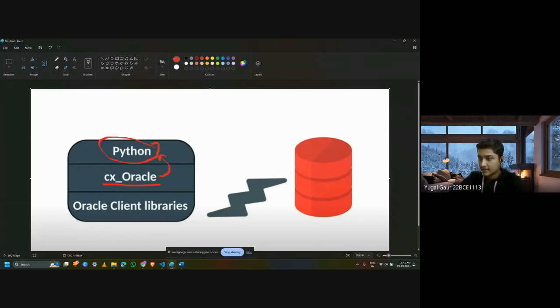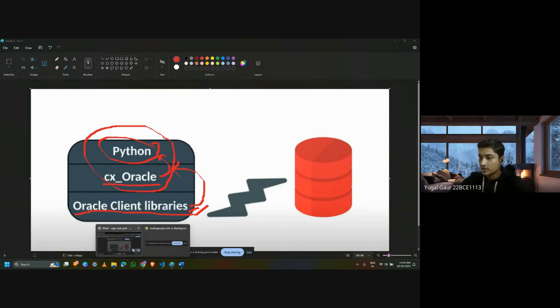And the next thing we would be requiring is the Oracle client libraries. This will help to efficiently run our queries, and connecting to this library will be required. So for downloading this, you just have to